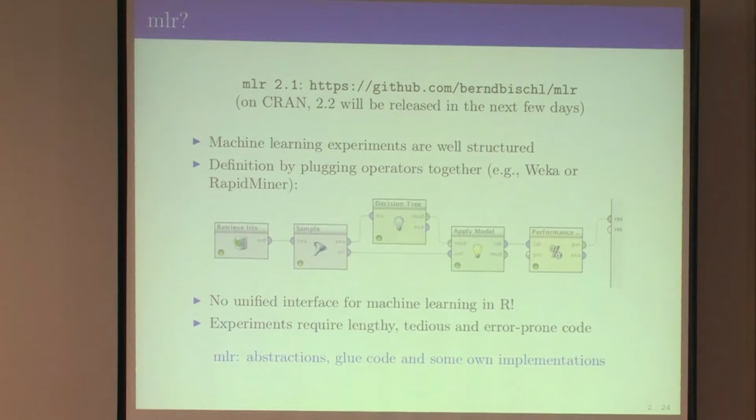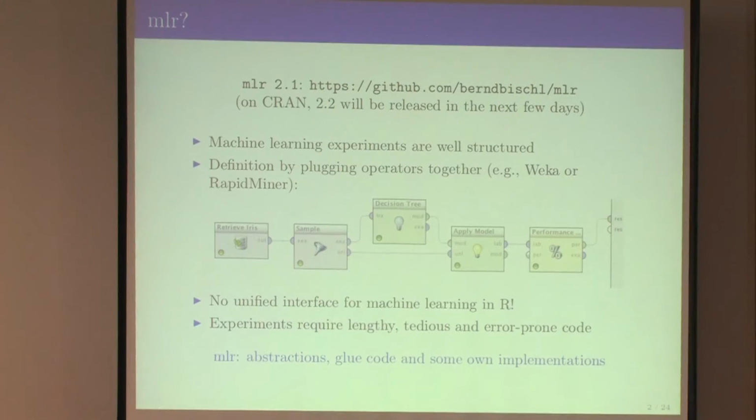The idea behind the package is to give you a unified interface for every basic machine learning supervised or unsupervised technique in R. Actually, at least that's the goal. And the reason why we want to have that is that machine learning experiments are pretty well structured. They have many common operations, and what we really want to do is we don't want to tackle one specific sub-aspect of machine learning. We really want to have an expressive language, right? We want to have an ontology of machine learning, and stuff gets interesting if you can combine all of these things that you need to do in your experiments and model them as a whole, use them as a whole.